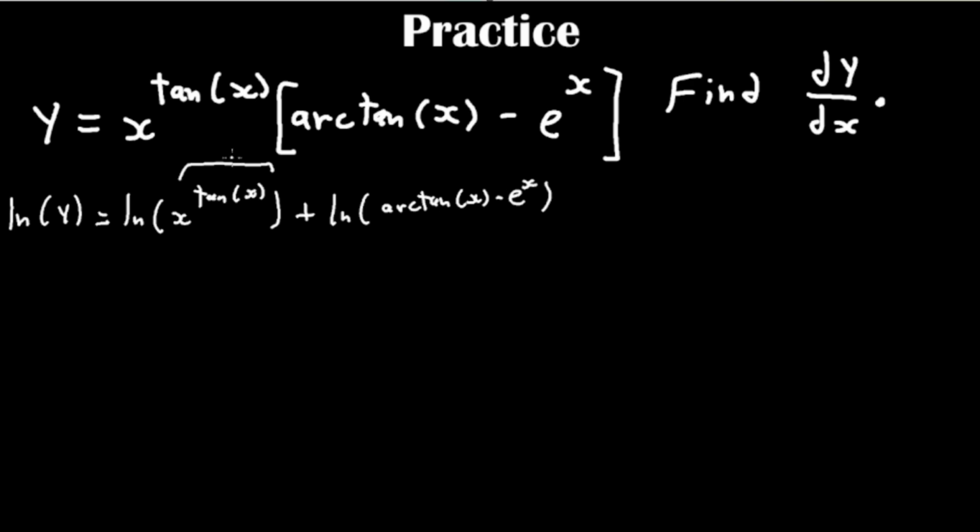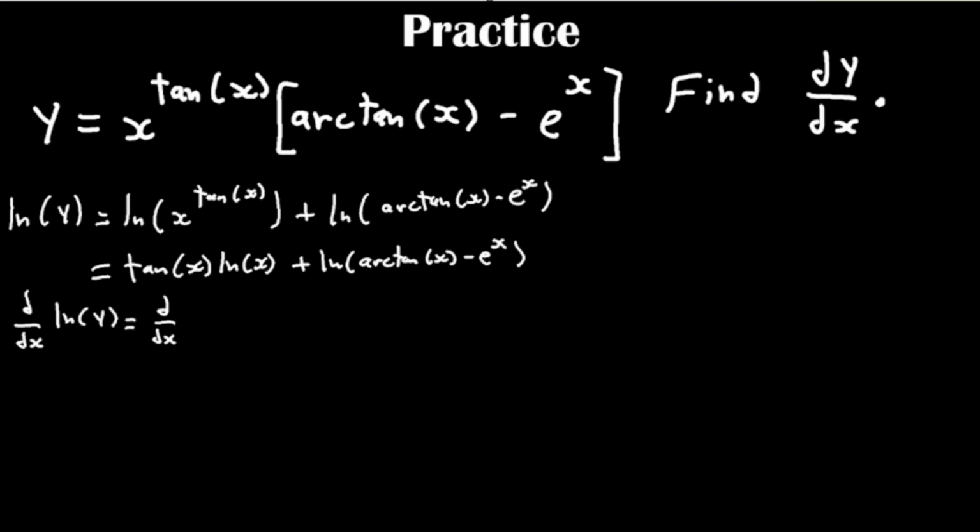This can be simplified even further. We can bring this tangent of x down. So we get tangent x natural log x plus the natural log of arctangent x minus e to the x. Now let's take the derivative of both sides with respect to x. Okay, so if we do these two parts separately, this part and this part,